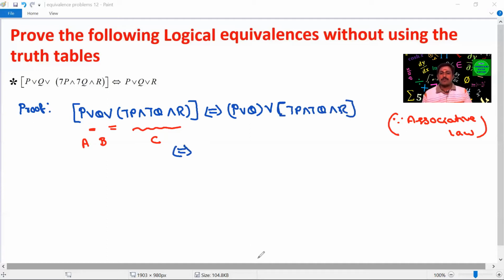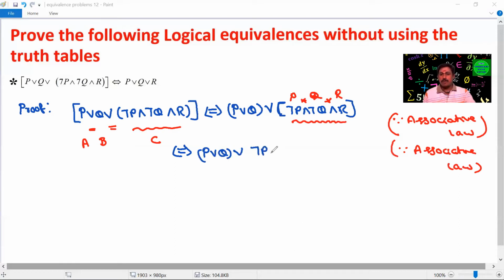So now we are going to observe the next bracket term, not P and not Q and R. Three different variables, two same symbols. So we can apply the associative law again. Using associative law, I'm going to combine here not P and not Q, and R. Why are we combining these two terms? Because De Morgan's law is applicable for that particular term. Because of that reason, I'm going to combine these two terms, which is equivalent to